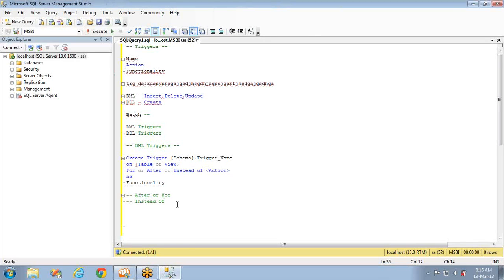A person who can create a trigger on a table is normally the person who creates the object or the database owner. The role of the user should be pretty clear for creating triggers. Like a database owner, that means who has complete ownership on the database, or a data definition language administrator, that means who can create tables. These are the different roles that are available: database owner, DDL administrators. Only these guys can create triggers, or the person who created the table. If a person created the table, that means he has DDL permissions, DDL administrator. So a person who created the table, or DDL administrator, or database owner can create a trigger